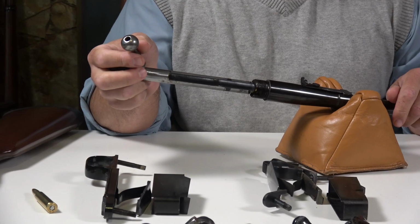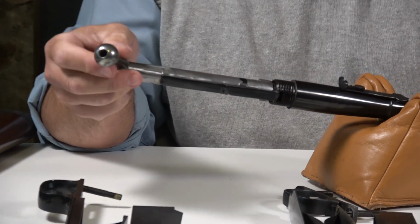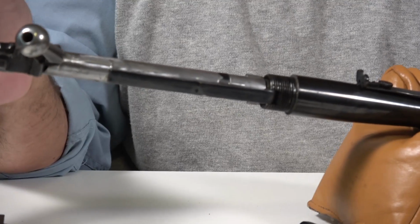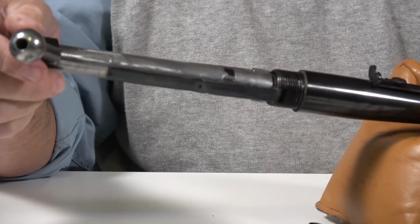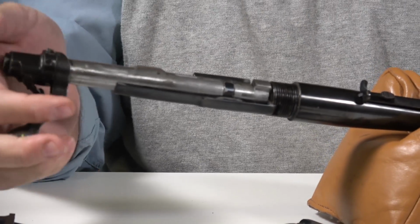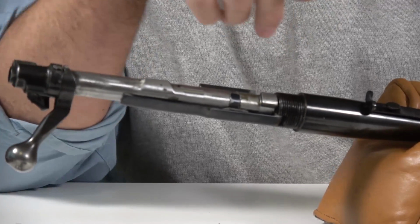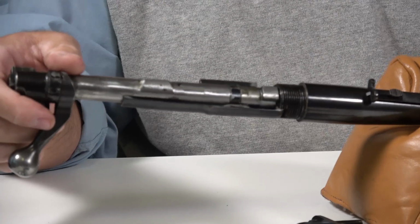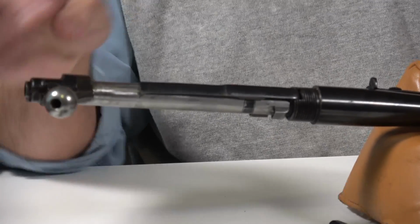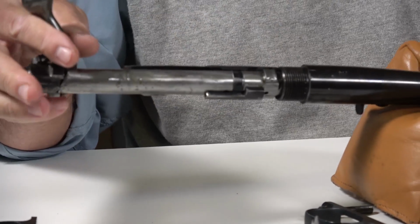Now you can see the claw extractor fits into the cut there, and everything's fully controlled. And then you turn the bolt to lock. You wouldn't see this because this would be inside the receiver ring. And I'm going to turn this all the way around, if we can focus on this section, and you'll see this cut